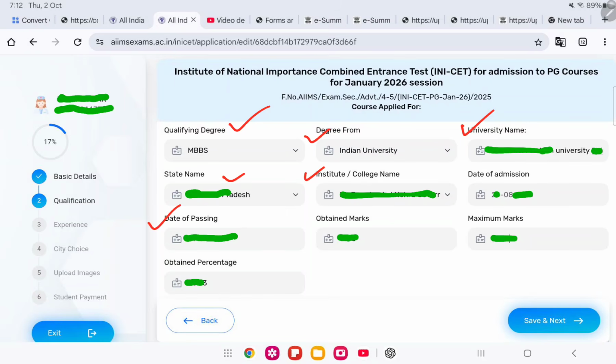And for date of passing, you have to mention the date that is mentioned in your final year mark sheet. Enter the final year mark sheet date here, not the internship date, remember it.